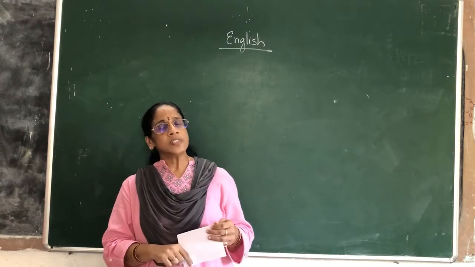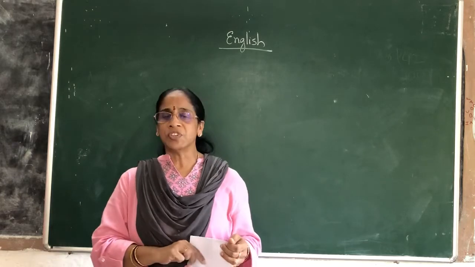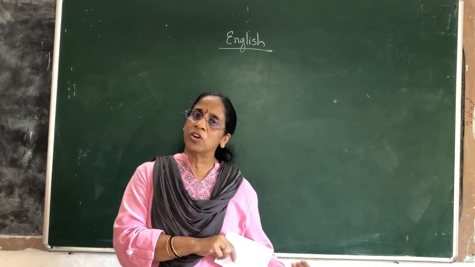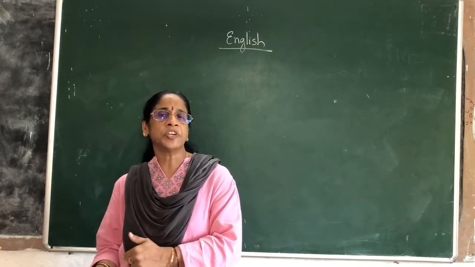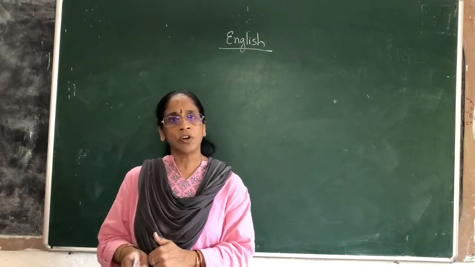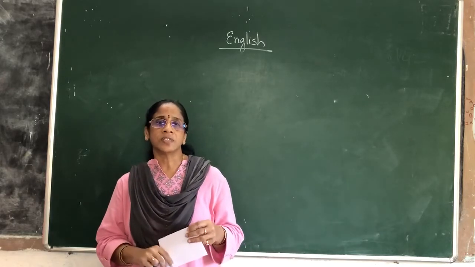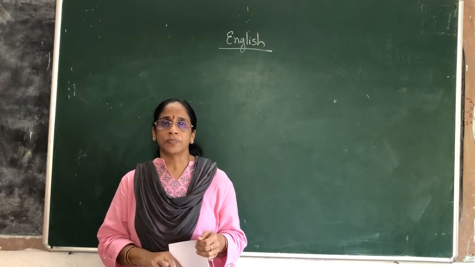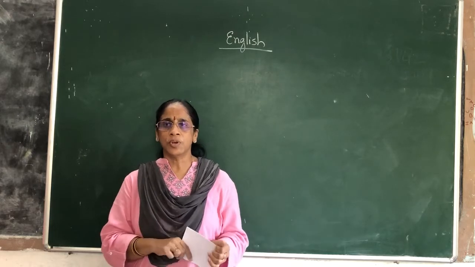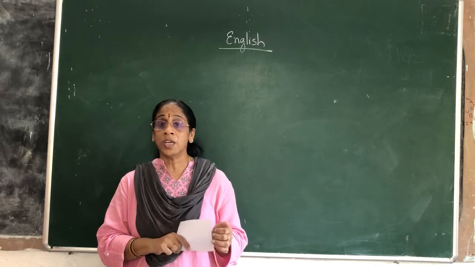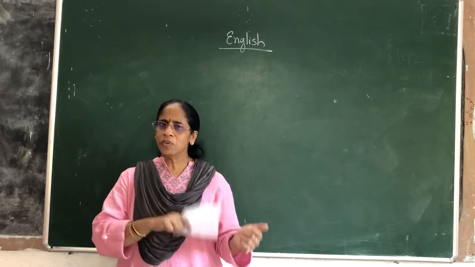So like that these are used, and one more difference is there. Not only this: because they leave the thing or the person indefinite, they are called indefinite, and because they are speaking about a definite thing or a person, they are called definite. Along with that, the use of these indefinite articles is based on the sound. Like teachers always say to you, vowel sound, consonant sound. What are vowels? A, E, I, O, U.